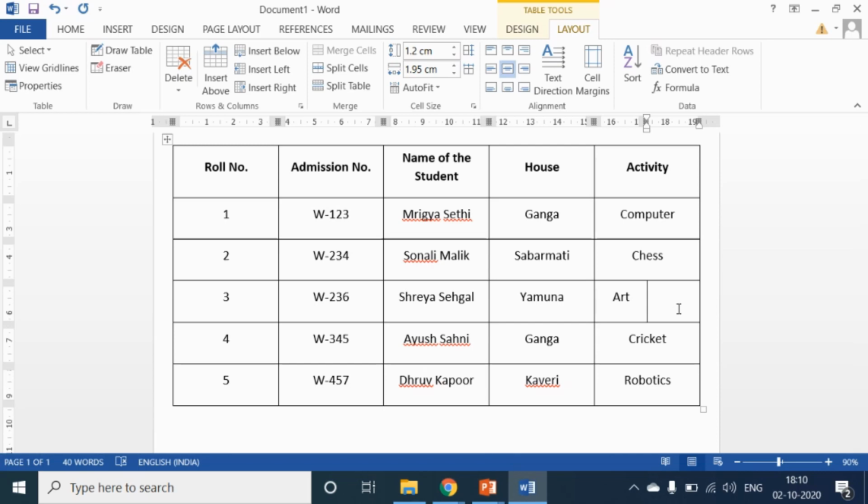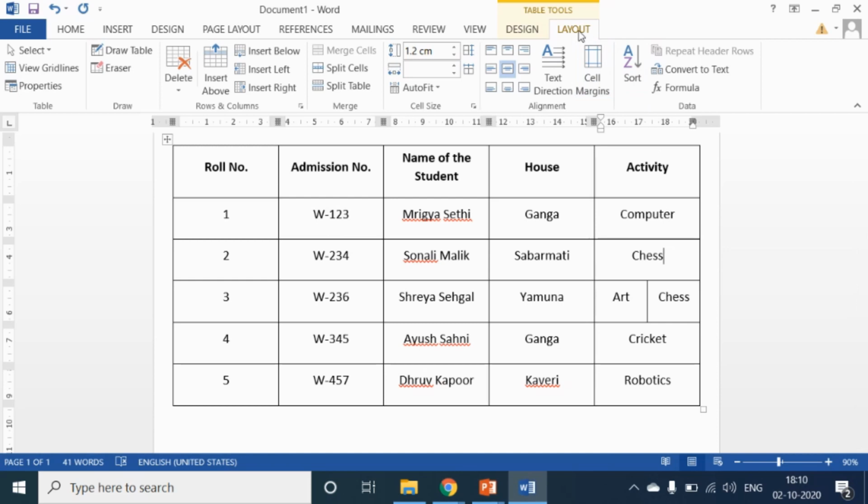Okay students, now here you can type another activity. Are you understanding how to split cells? Now students, you can also split cells into two or more columns, and you can also split a cell into rows. For example, let's select the chairs option.